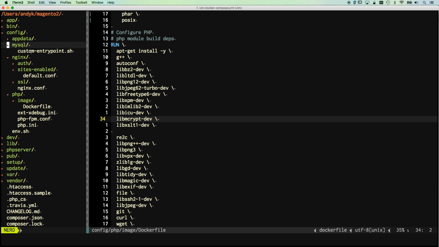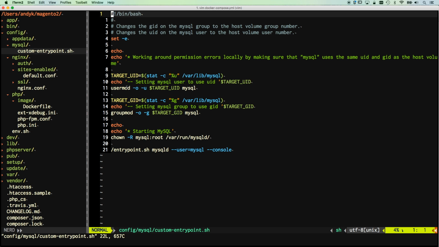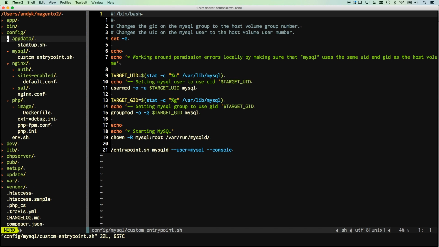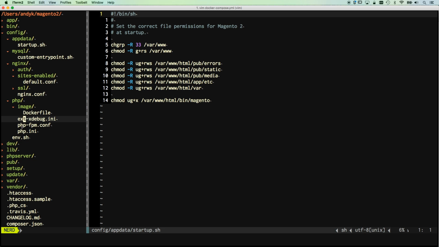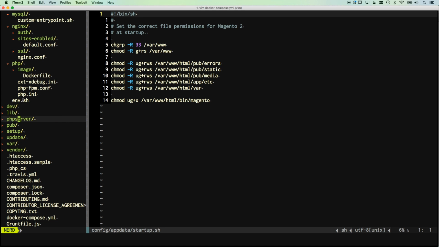And then the MySQL container, which is basically the standard MySQL container with a custom startup script, again for setting permissions. We do have an env.sh file, which contains some environment variables,